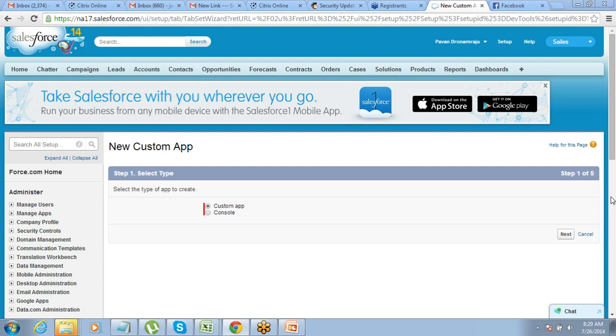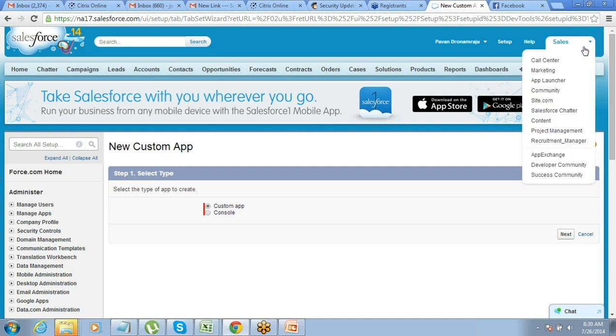Okay, no problem. There might be some issue with that part, but no worries because we have the recording here. So basically what we have to understand is we need to go to setup, create, and then click on the new button. From there it's just a wizard. It will take us through some screens. We just need to mention only the label and name of the app, and whatever comes, click on next, and your app will get created, right? Other things that are part of app creation, like profiles and all those things, we will talk about later. As of now we are just going to create the app.